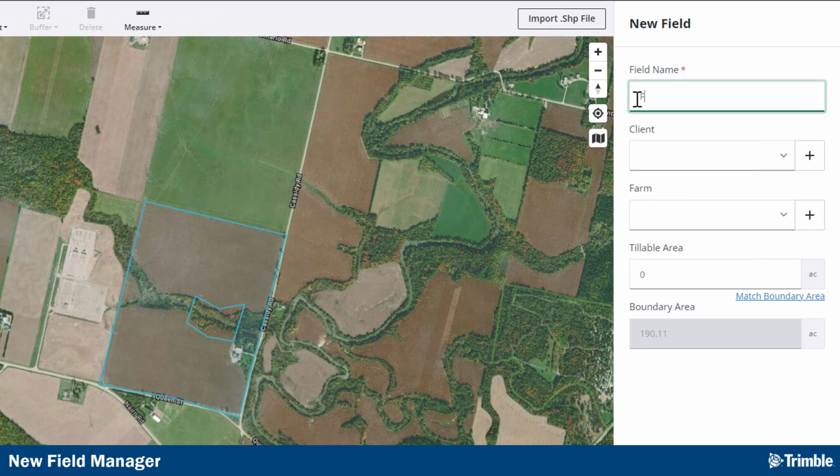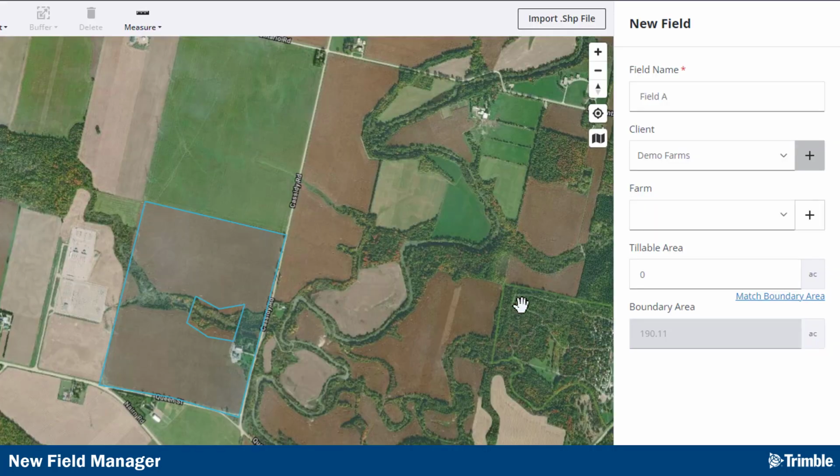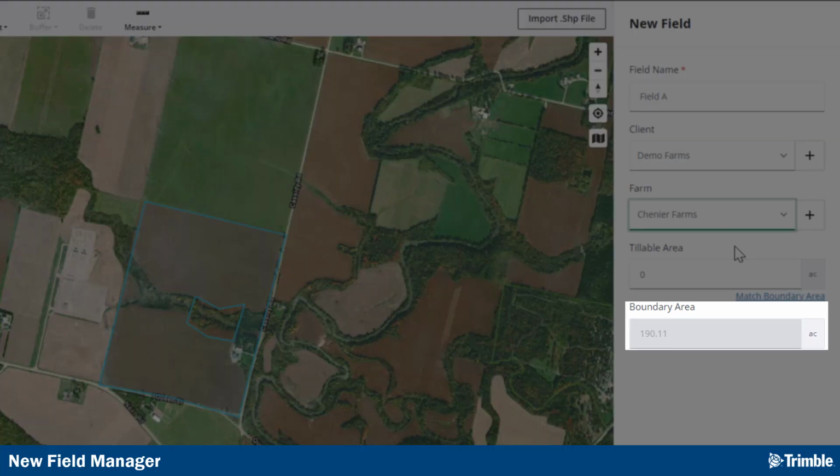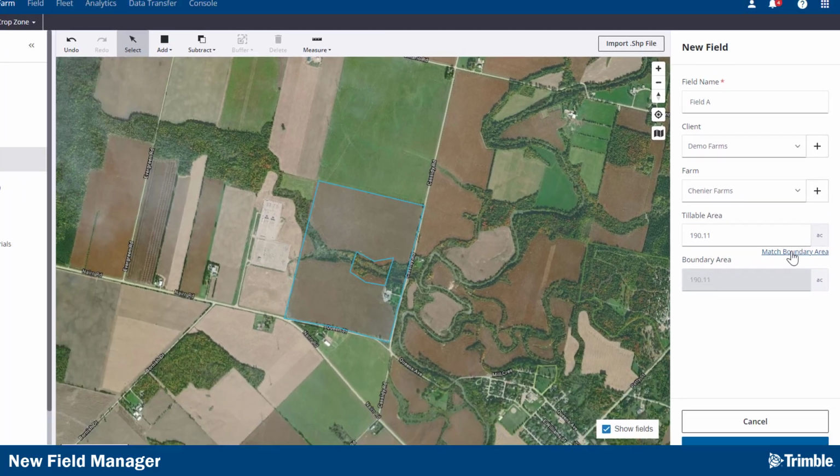field name. You can then either select an existing client and farm, or you can create one on the fly by clicking the plus button. At the very bottom, you can also see the boundary area has been calculated for you based on your map. And you can either click Match Boundary Area to copy the boundary area to the tillable area, or enter the